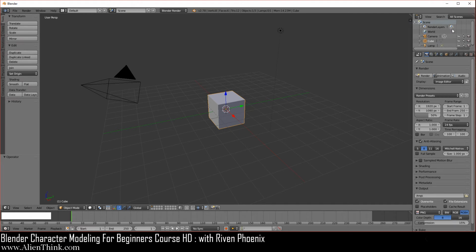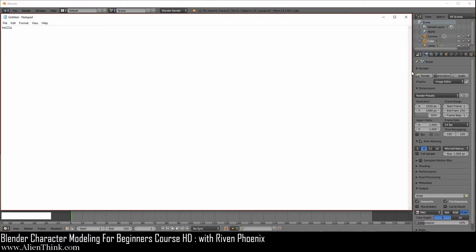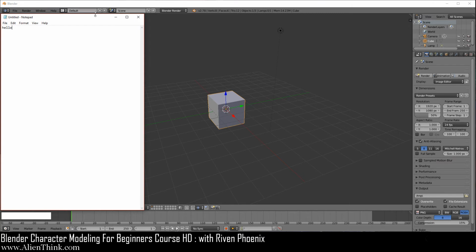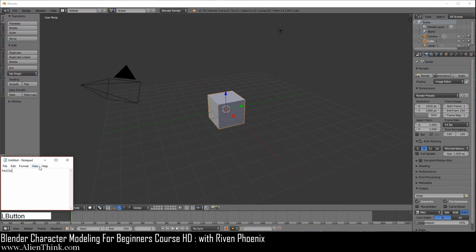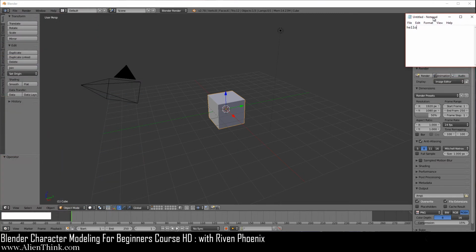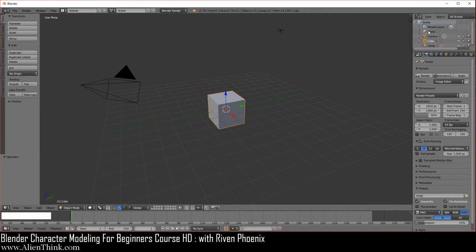So now if you look over here, you can see that this is another window type. And we know this is because if you look on the top right, you get this little triangle over here. And if you follow your mouse here on the bottom left, you see another triangle over here. So that's its buddy. So this tells us that this is another window type. So if I bring up Notepad over here and resize this to be a little smaller and take it up over here, you can see that this is what they're doing. They're placing another window over here just like this. So this over here is the same thing. This is another window type.